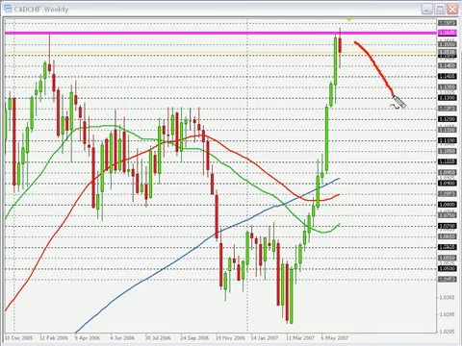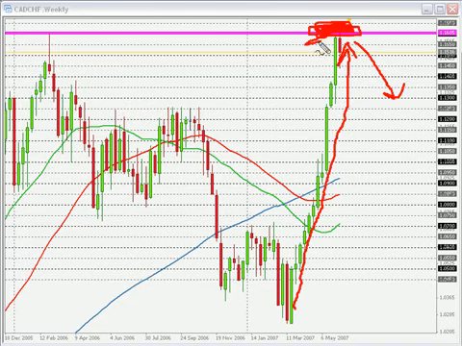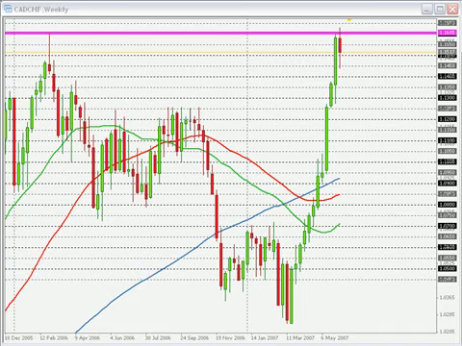Once again, I repeat, I'm not saying this thing is going down. Currently the trend is definitely up, but I am indeed saying that there is a brick wall here, and it's going to take some effort to break this wall. If we are to continue to the upside, we are going to have some headaches around this area. We are already seeing a retracement. We are already seeing the first red bar in the weekly chart after 1, 2, 3, 4, 5, 6, 7, 8, 9, 10, 11